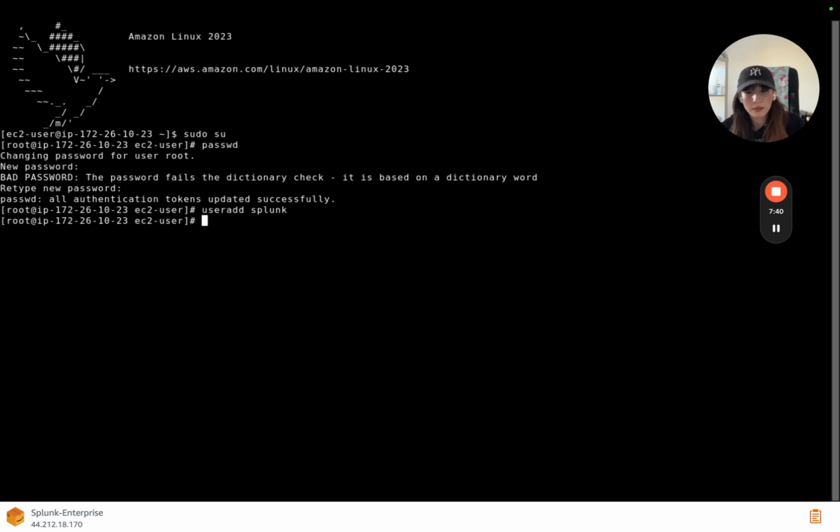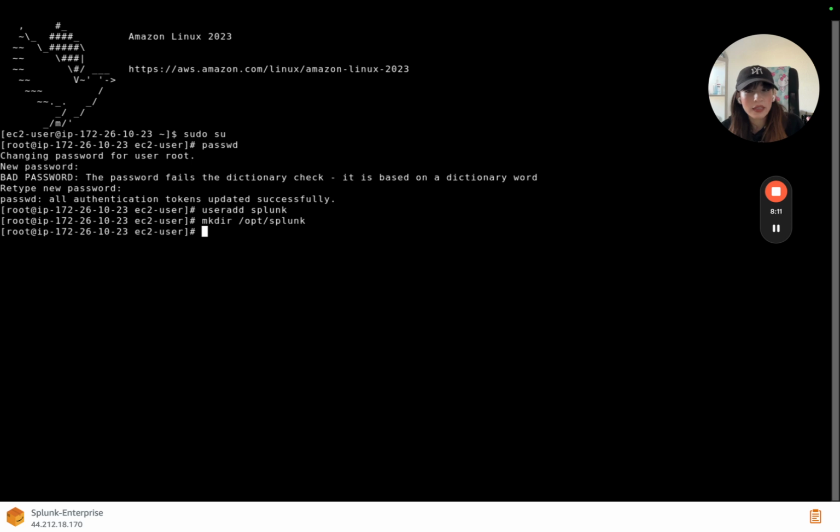And then we're going to create a Splunk directory so that we can install our instance in there. So by doing that, you type mkdir, which stands for make directory, then space slash opt, because that's a directory that we're going to navigate into. And then splunk,